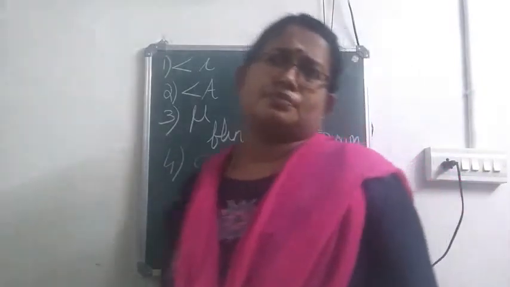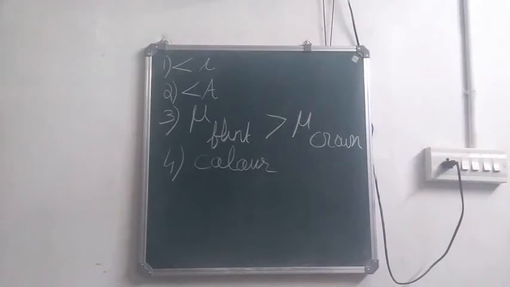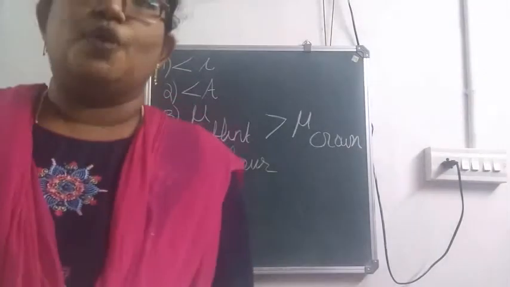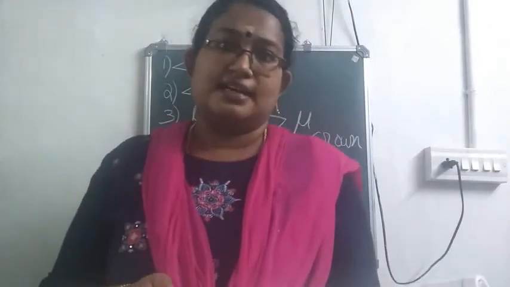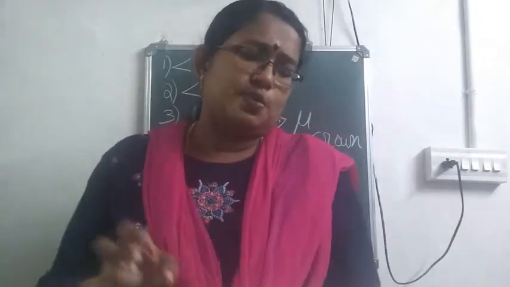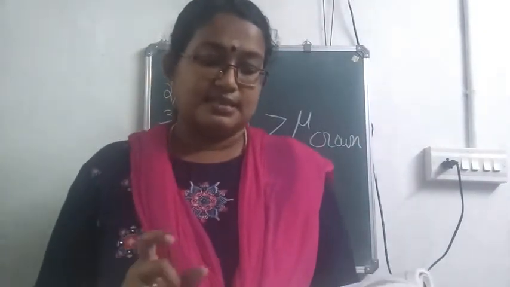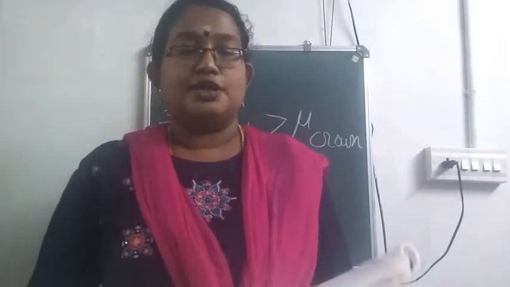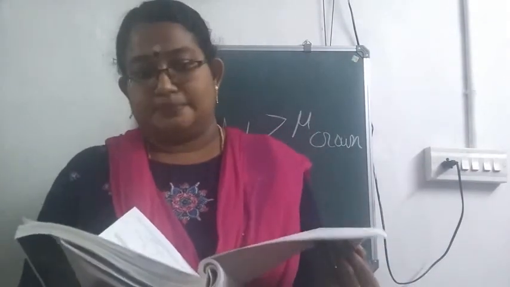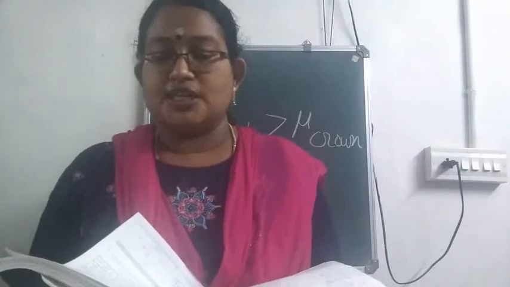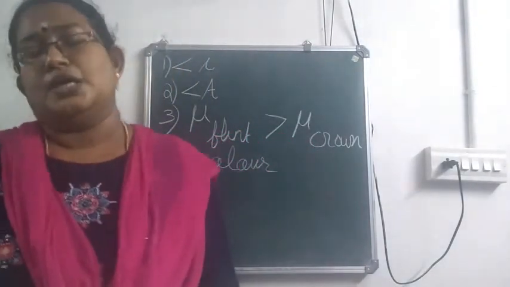So children, with that we completed that section, and you can take exercise 4B, and in that for most of the questions answers are given. Only for very few questions you have to write the answer. So find the answer and write it. And I told you two things, the derivation related to the prism and the deviation at different angles of incidence, are not needed. Okay. So thank you.